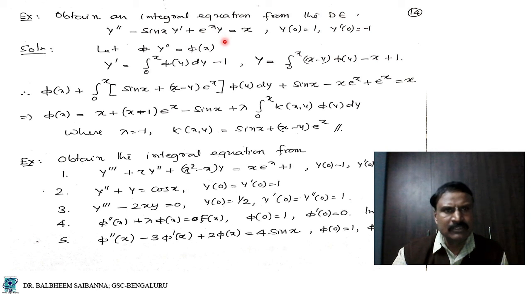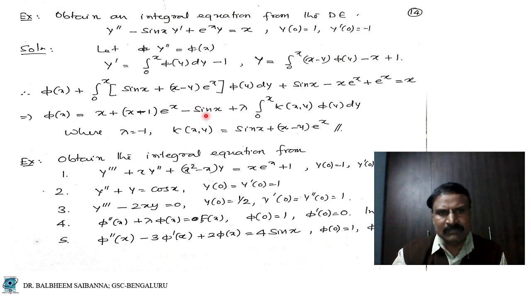What is y? Our y is like this, and this e to the power of x is multiplied by minus x. That is minus x e to the power of x plus e to the power of x. Then this e to the power of x is multiplied by this one, and we get e to the power of x. Then the right hand side x as it is. So phi of x is equal to x. Here we write x as it is. These two terms have e to the power of x common. Taking the right hand side, we get (x minus 1) e to the power of x plus sin x.